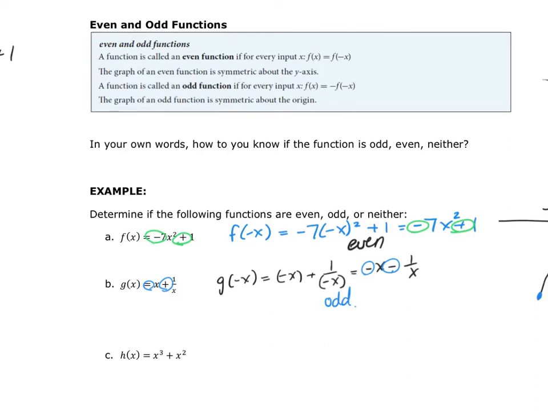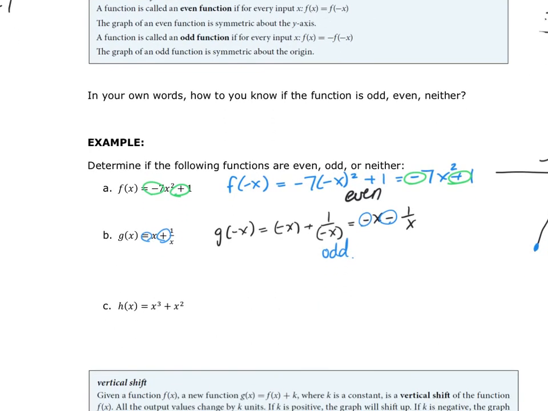What kind of questions do you have for me on that one? So let's take a look at C. With C, we're going to do the same thing. We're going to put in a negative x. So h of negative x is equal to negative x, the quantity cubed, plus negative x, the quantity squared,